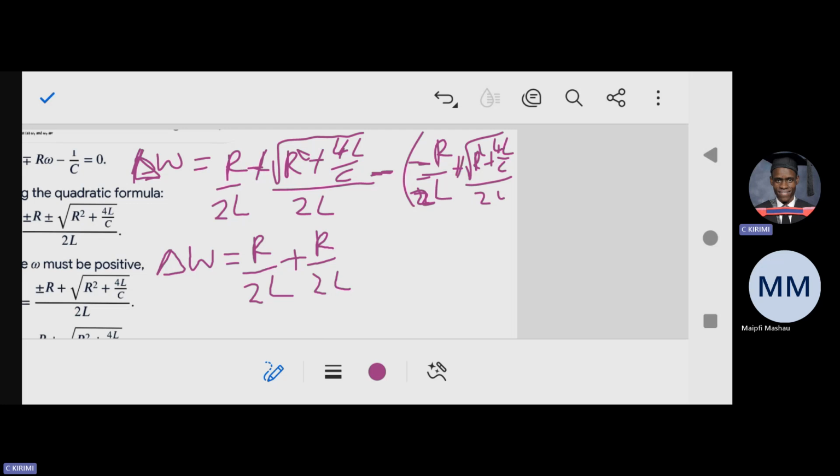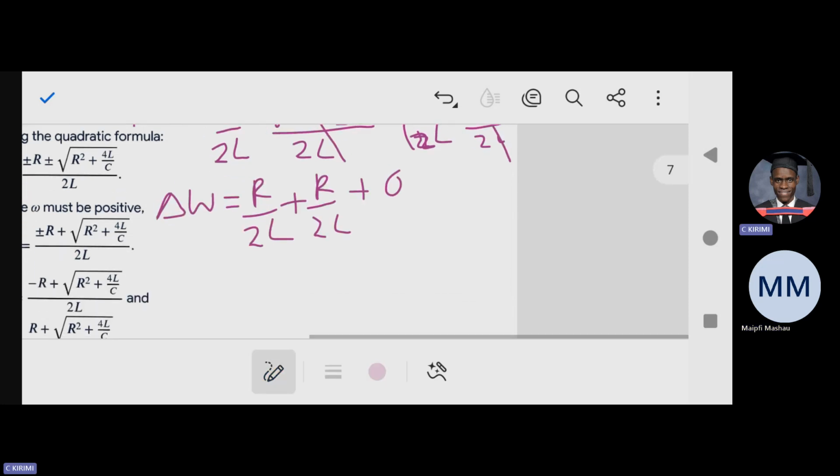Negative times this positive gives you a negative, which means these two cancel out. So you are just adding plus zero of those things. They are canceling, which means you are left with the change in omega equal to R plus R